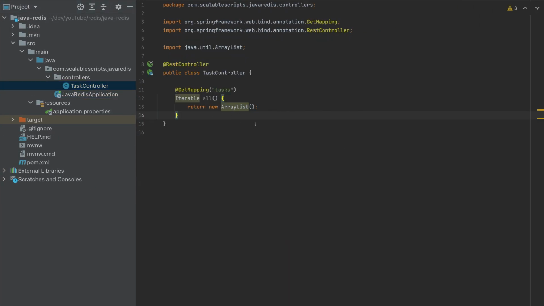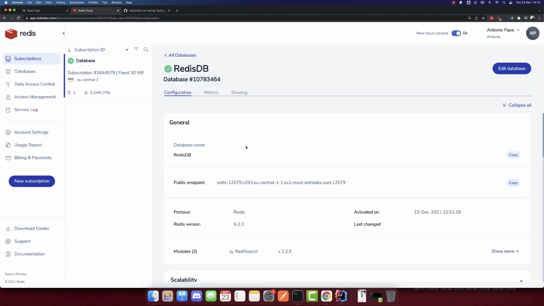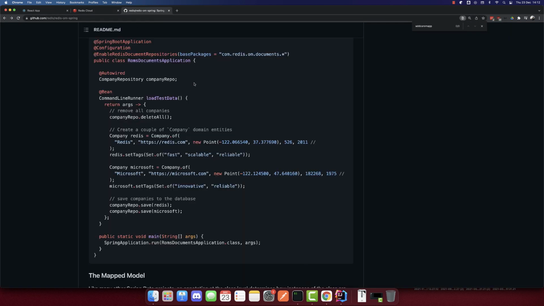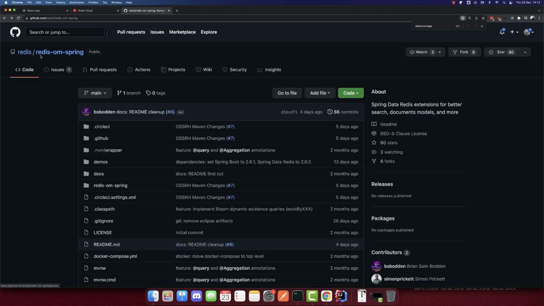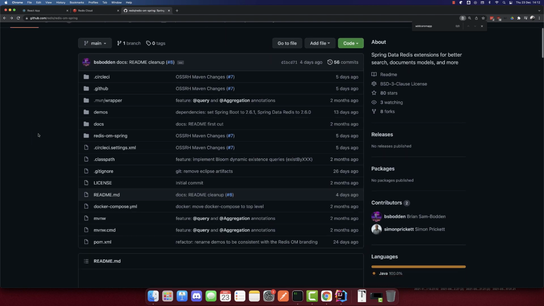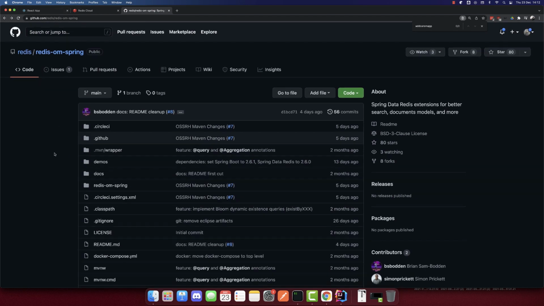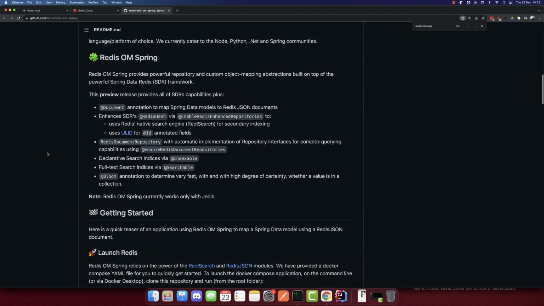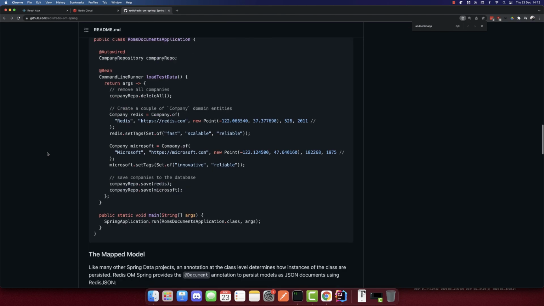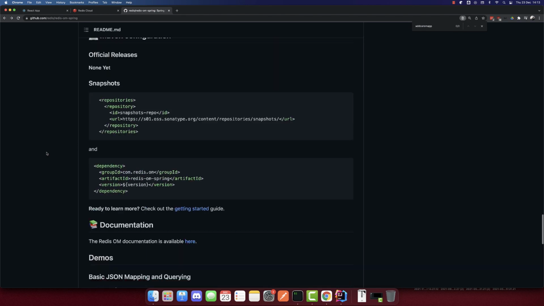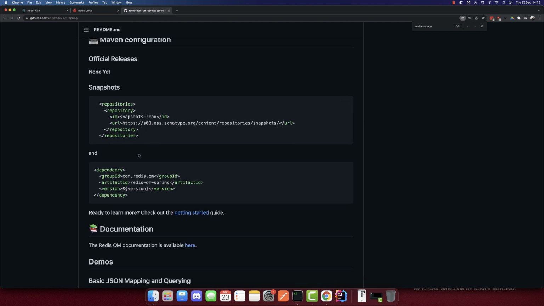So now we are returning an array list, but we want to query the Redis cloud. So let's connect with Redis DB, and to do that we have to install a package called redis-om-spring from Redis. So I'll provide this link also in the description of this video, and let's start by installing this package. So the installation is a bit tricky, so I'll copy this dependency here,